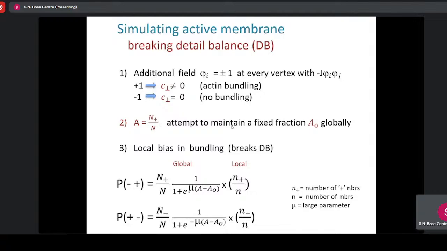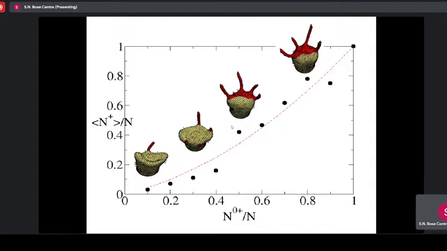But what we verified is that if you change this ratio, when the tubes start to grow, these vertices tend to accumulate together, and from there the growth takes place. And the ratio is not exactly linear, but it is a monotonic function of what you impose. Okay.